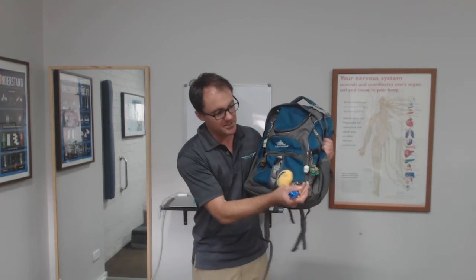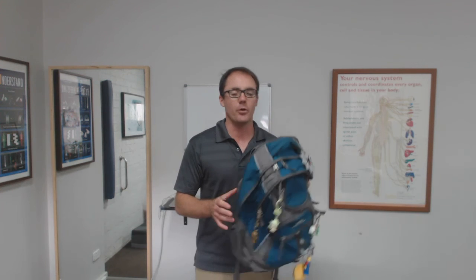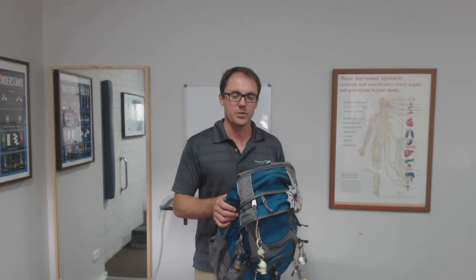School bags are a very important topic for growing bodies, that you have a school bag that is designed to be easily fitted and also be well supported when it's on the student's back. What I've brought in is my son Caleb's school bag. As you can see, he likes his Lego. This is the school bag that we selected for both our boys after doing a bit of research and hunting around. There are plenty of good school bags available, but some of the key characteristics you should be looking for include things like,